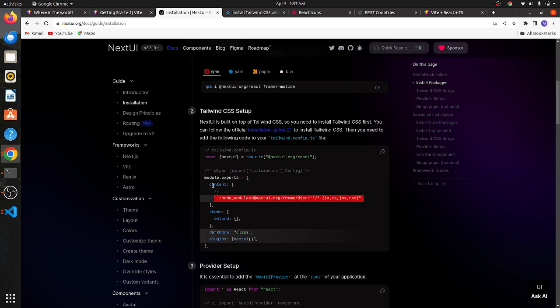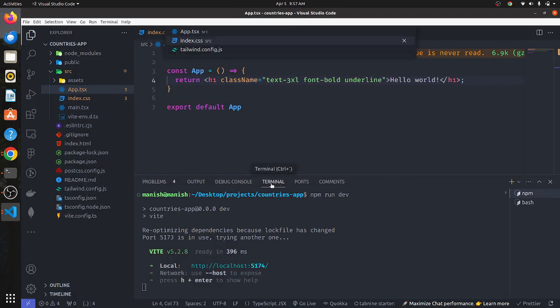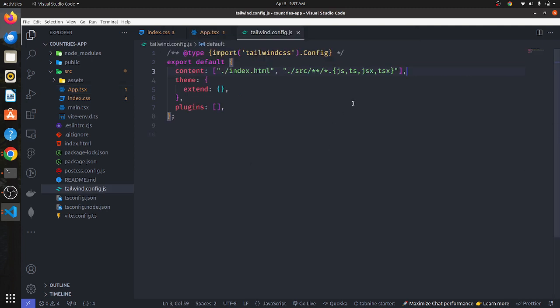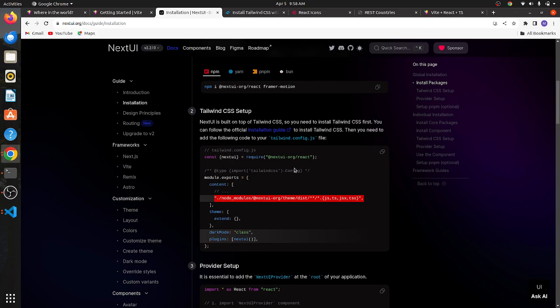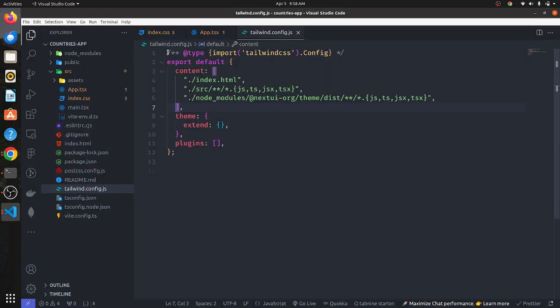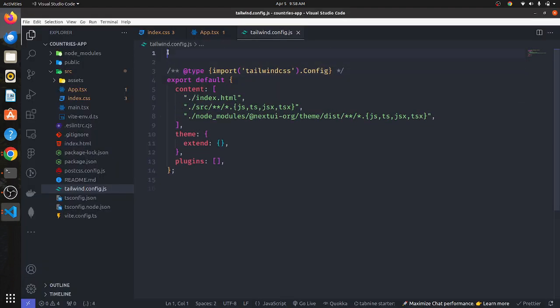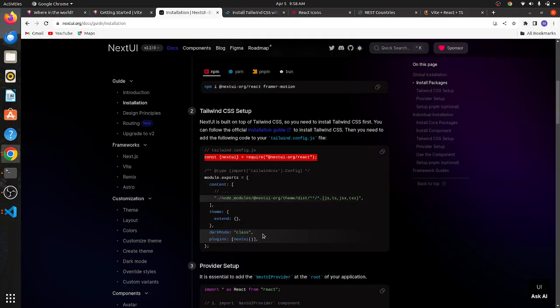Okay, so I have copied this text. Now I will go to the Tailwind config. First I will minimize our terminal, and here I will write one in the content array. I will write one like comma and then paste that text here, and then also I need to import this Next UI. So I will copy this. Okay, so after line number 1 I will create another new line, and I will paste that code here,